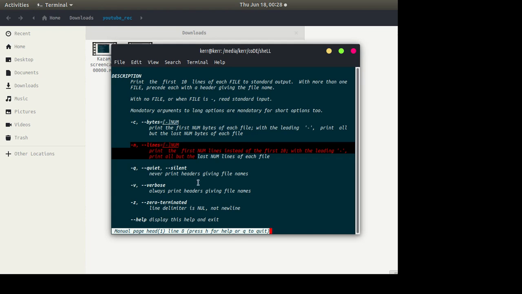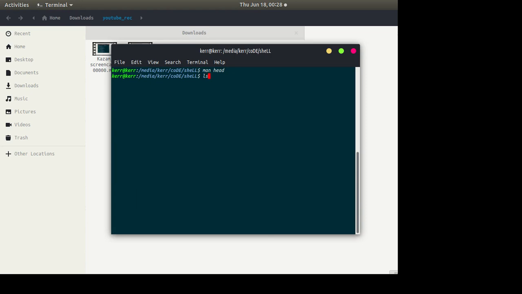So let's go to the actual example. Let's open the del file. We just created the del file in the previous example. So -n is for the number of lines you want to see, and 10 is the number of lines from the beginning of the file you want to see. You use the command like this, and that will show you the content of the file. Let's say you have a very big file and you want to see the first 10 lines from it. Let's use this command, etc.